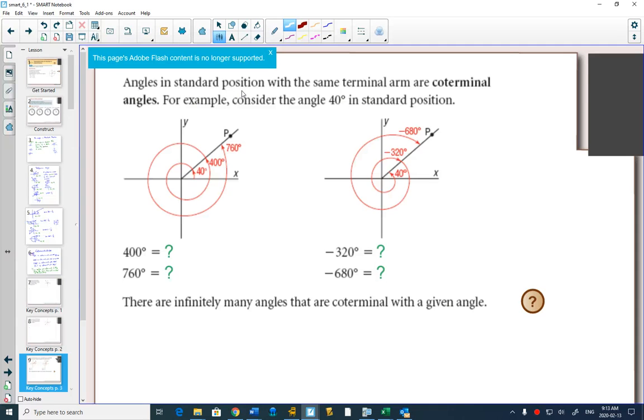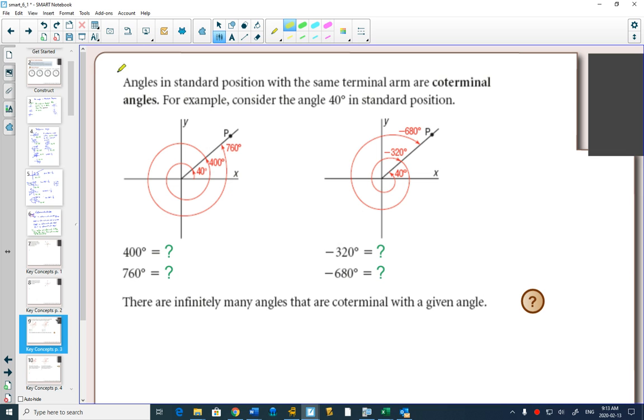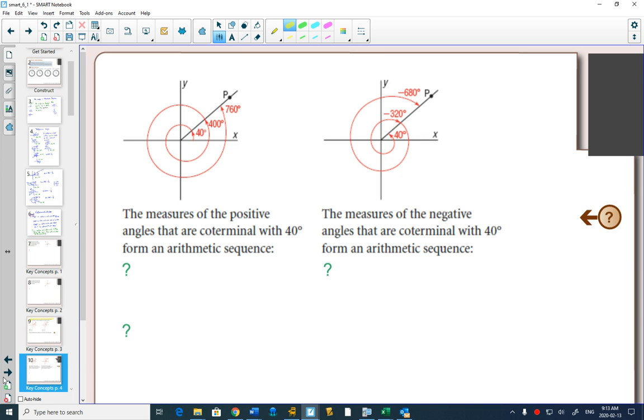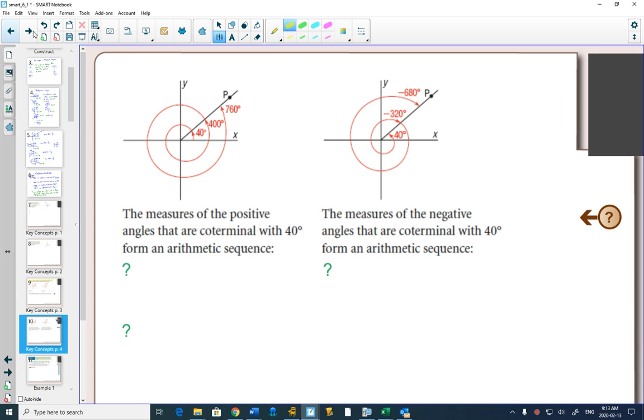or if you wish your highlighter worked, never mind. You could highlight the coterminal definition in your notes as well. Oh, there it is. There we go. Highlighter's working. Okay. All right, so we've got all of our coterminal angles, and we can go to example 1